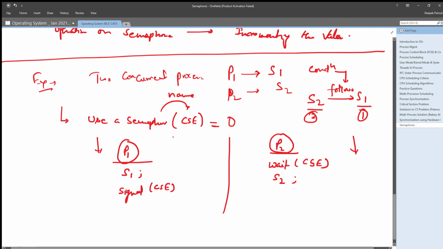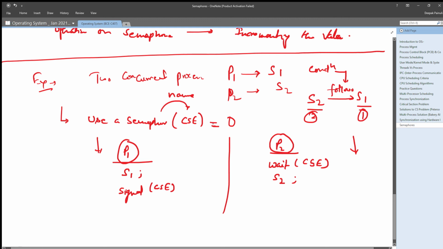So we simply modify the pseudocode for the processes: in P1 we insert signal on the semaphore after the statement S1, and in P2 we perform the wait operation before executing S2, right?